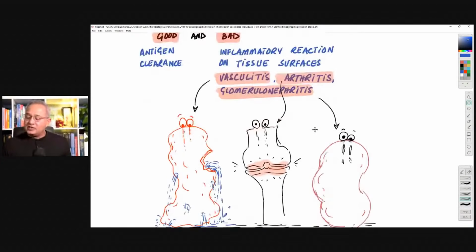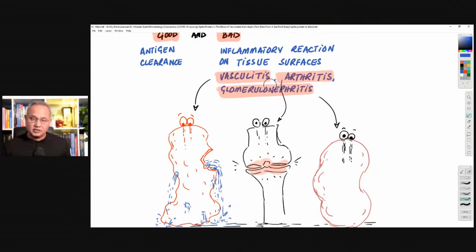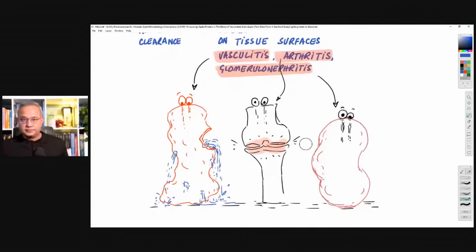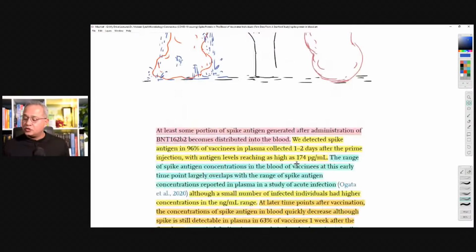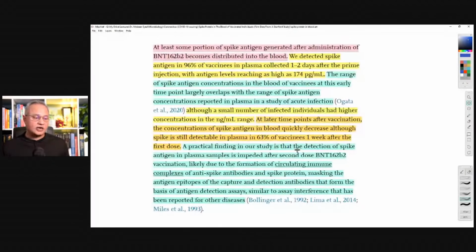So what would happen if it is bad? Remember, it doesn't happen in everyone. Vasculitis, blood vessel damage; arthritis, joint damage; and glomerulonephritis, kidney damage. That can happen. And I think it does happen. So I want to now read a very quick paragraph from the study itself. At least some portion,